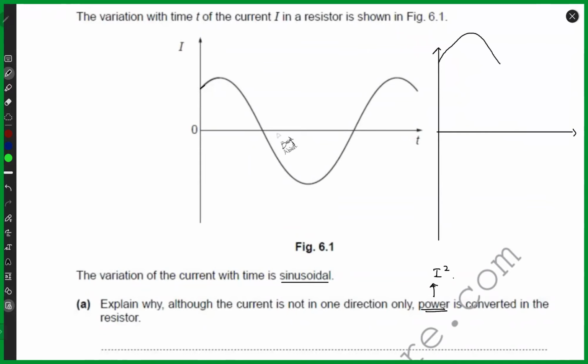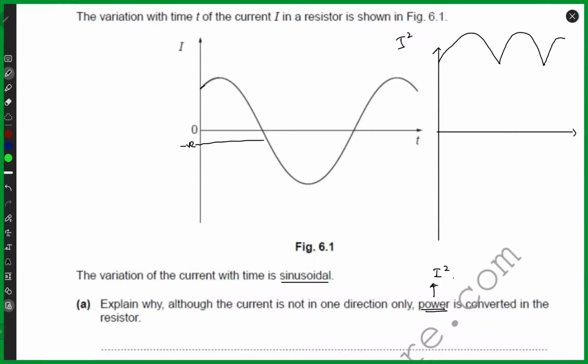And then I go here, but now I'm going down. If I'm going down, I have negative values, right? But I'm squaring this thing. This is I squared, so this value will become positive. So it's not going to go down. It's going to go back up like this. And then again, this one, it's already up, so it's going to move up like this,